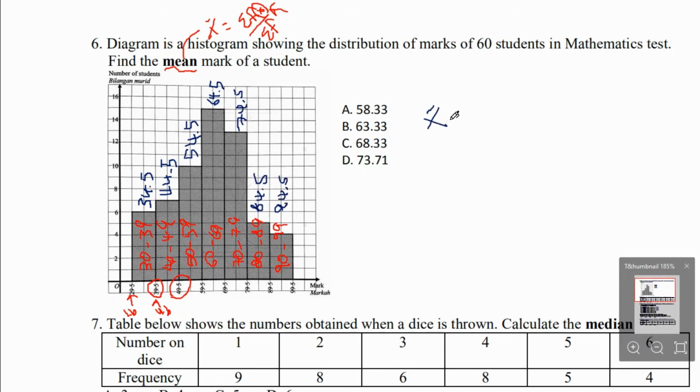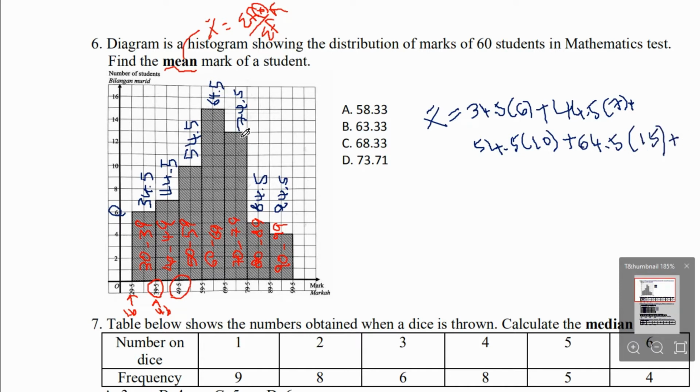Okay, so to find the mean, total of frequency multiplied by midpoint. So first class, the frequency is 6. So 34.5 times 6 plus 44.5 times 7 plus 54.5 times 10 plus 64.5 times 15 plus 74.5 times 13 plus 84.5 times 5 plus 94.5 times 4